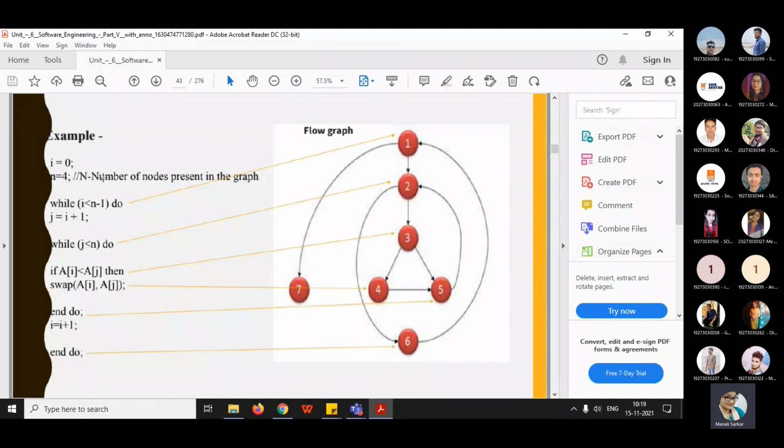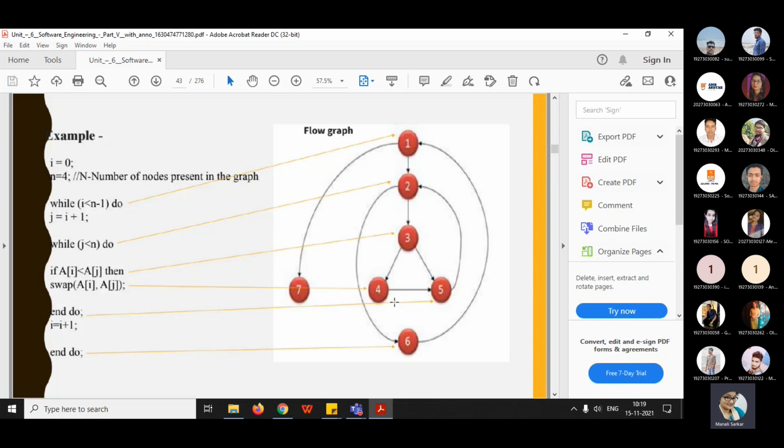Okay, so in this way, the value of i is incrementing, so it will get incremented again and check again. See here, from node 6 we are moving to node number 1. And if none of these conditions are true, then it will move to node number 7. So in this way we are drawing the flow graph.